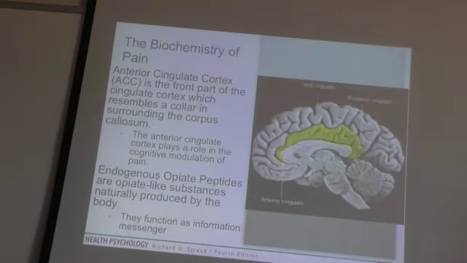The anterior cingulate cortex is the front part of the cingulate cortex, which resembles a collar